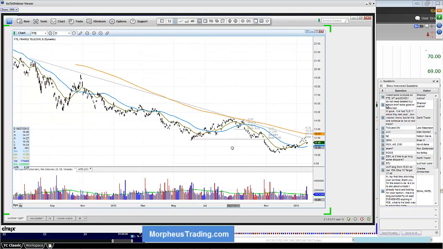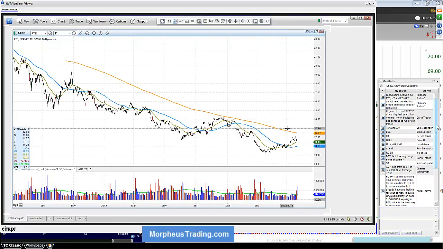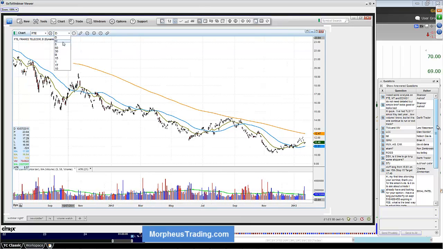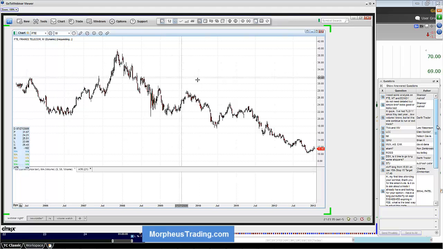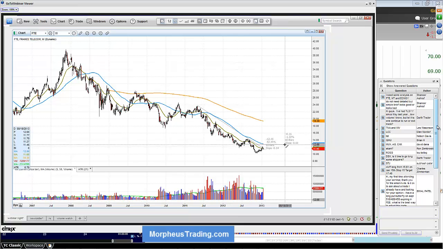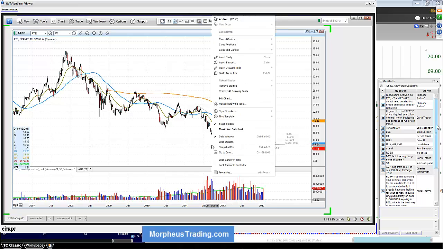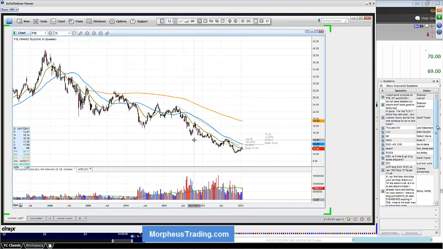But if you are long FTE right now, you pretty much have to wait for, let me go to a weekly chart. You have to hope for this downtrend line break to hold and for the price action to return back above 1260 to get any kind of momentum going. So if you own it, it's going the wrong way,